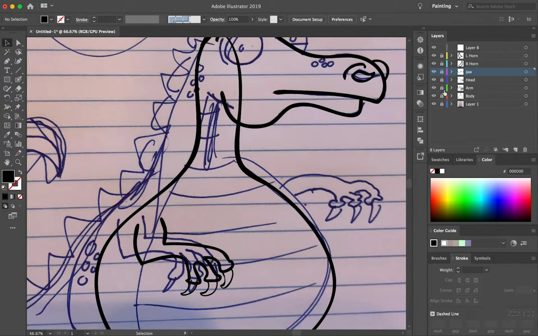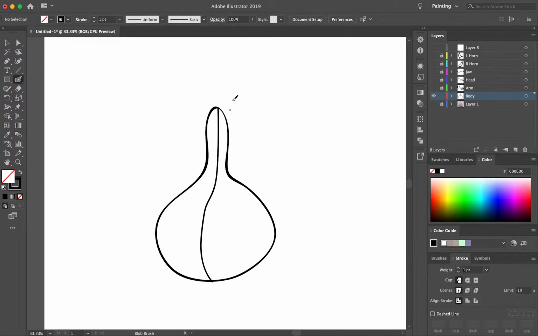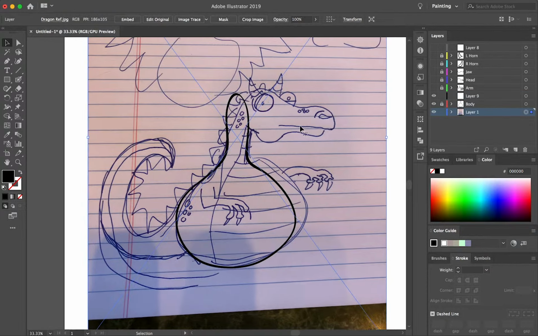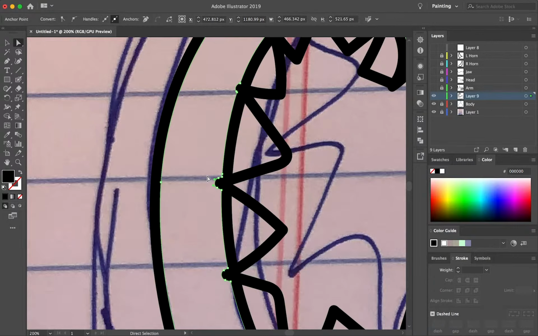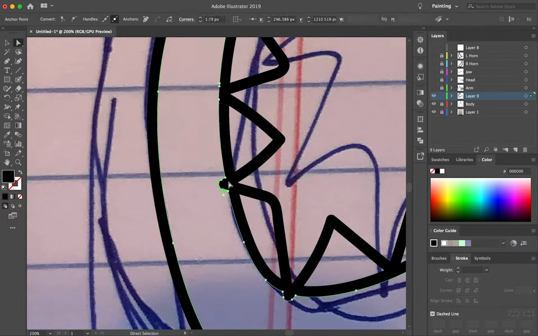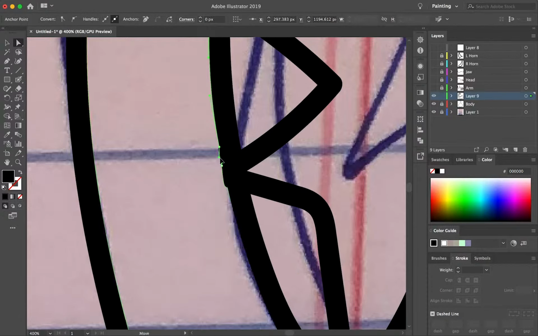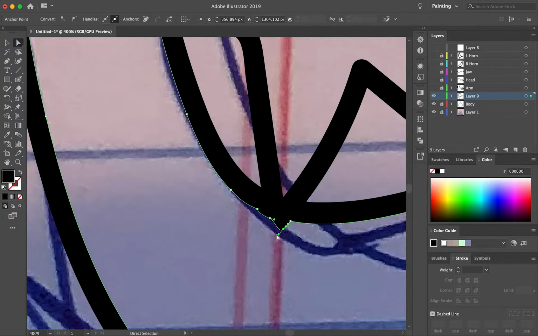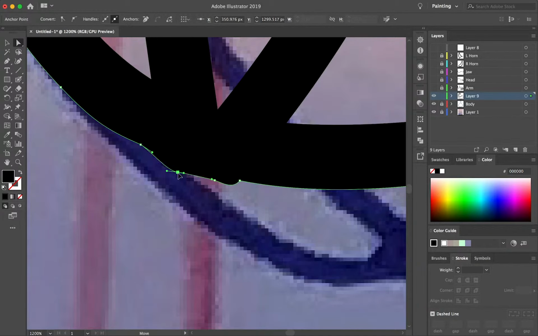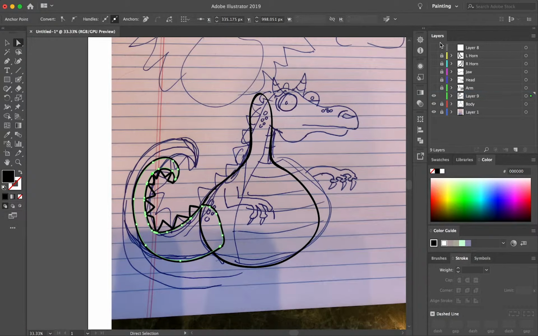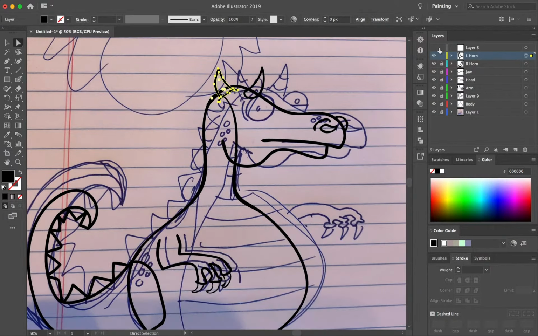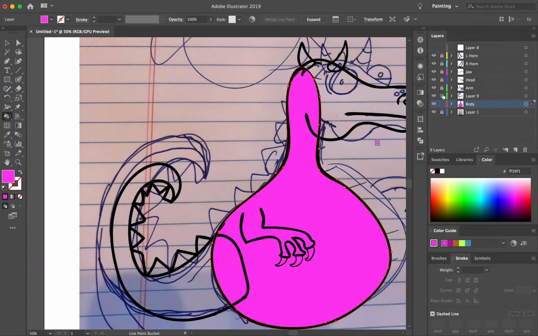You'll notice it's a little hard to tell because it's so fast, but I will expand and simplify every stroke because I'm using the blob brush also. I expand and simplify every stroke because it gives it this imperfect, early 2000s Flash look, which you can just get from using Flash, or you can simplify your paths